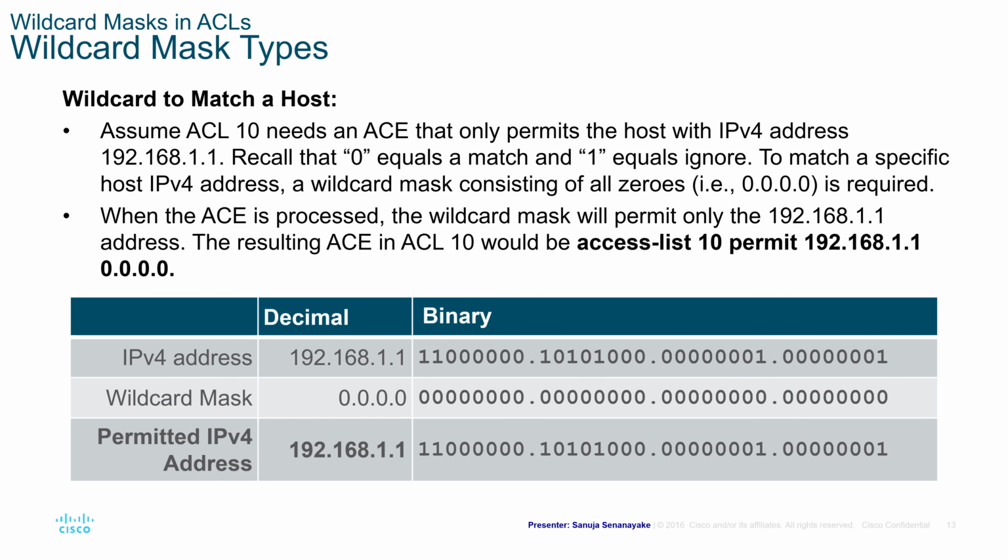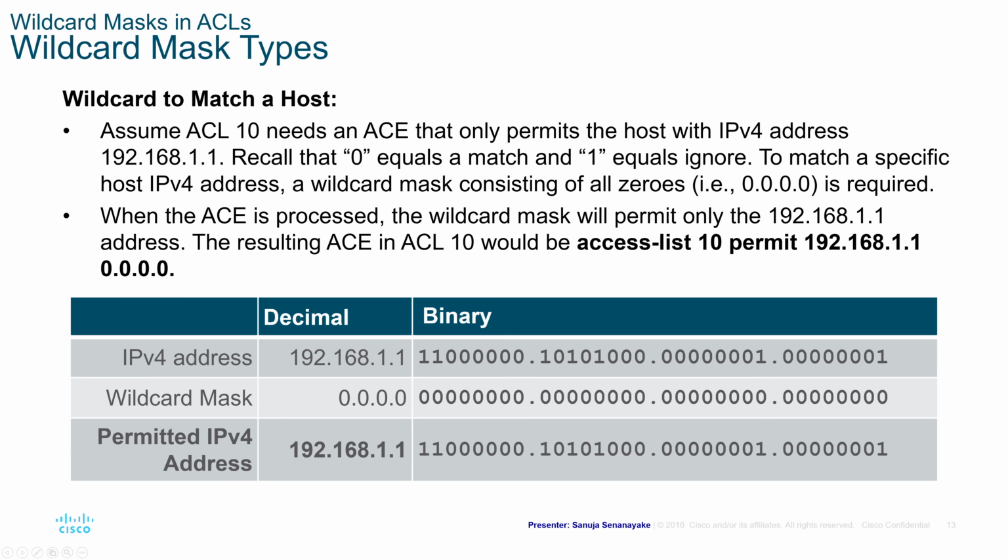Remember that 0 equals a match and 1 equals ignore. To match a specific IPv4 address, a wildcard mask consisting of all zeros, 0.0.0.0, is required. So when the ACE is processed, the wildcard mask will permit only the 192.168.1.1 address. The resulting ACE in ACL 10 would be